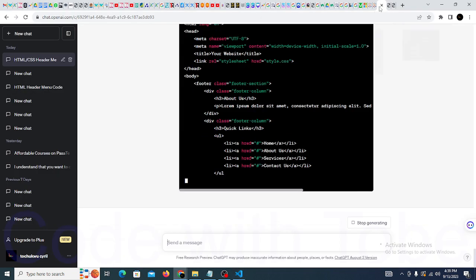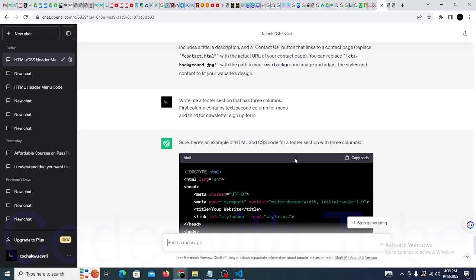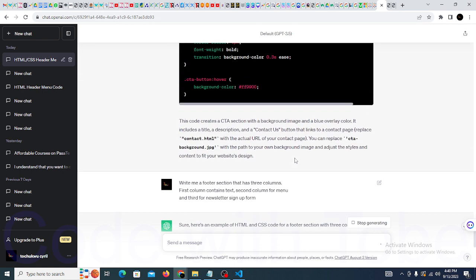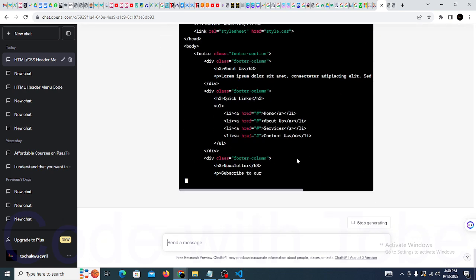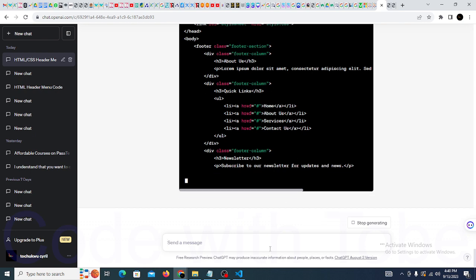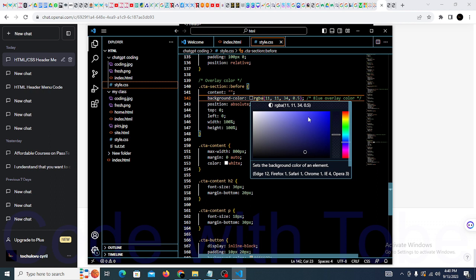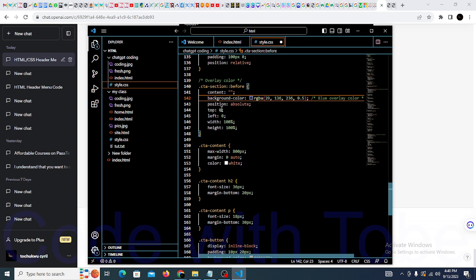Okay, so let us go to our footer and then, this is the HTML. The network is very slow here. It's copying. Let me change this background. You see CSS, you must not code for you to change the color. I'm just here changing it directly, and it's working. So this is the